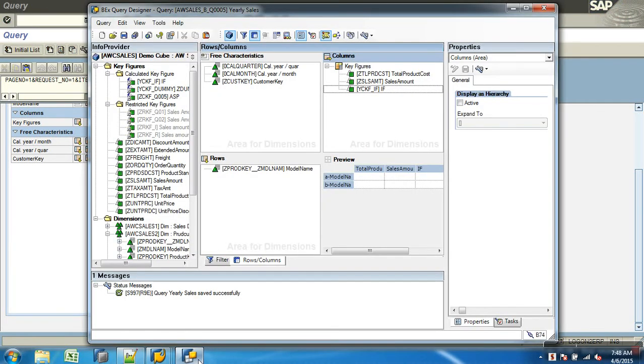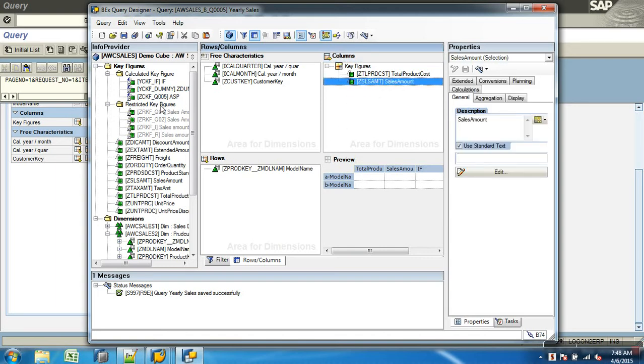My requirement changes slightly. I need to compare production cost and amount. If production cost is greater, I need to get the production cost into my column. If sales amount is greater, I need to get the sales amount. I just need to compare these two columns. Whichever is greater, I need to print the value in the third column. How will you write this?